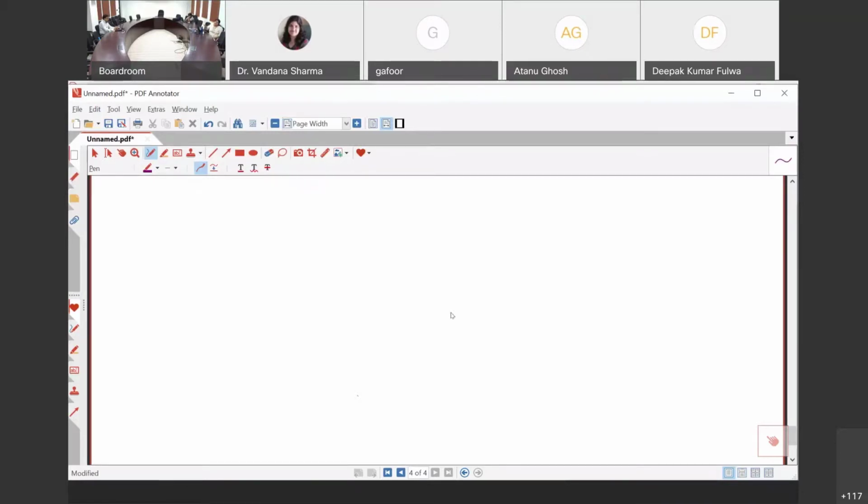So the trial version is there for 30 days only. As Professor Chaudhary just mentioned, we can explore how to purchase and procure this software, and then we'll again come back on whether it is possible for the institute to provide this PDF annotator to the faculty.